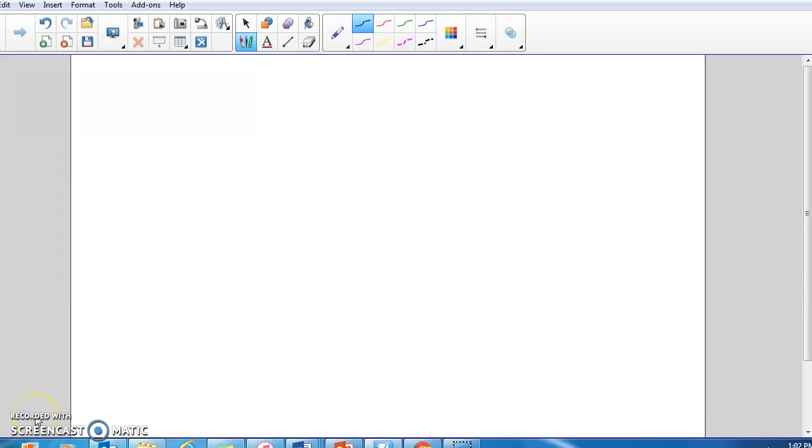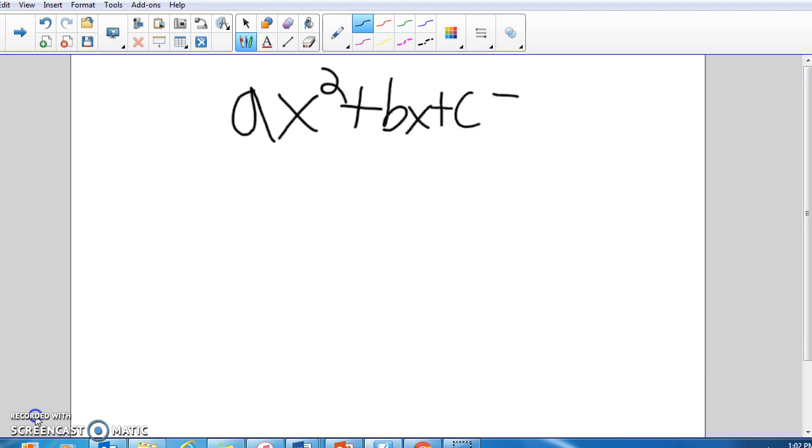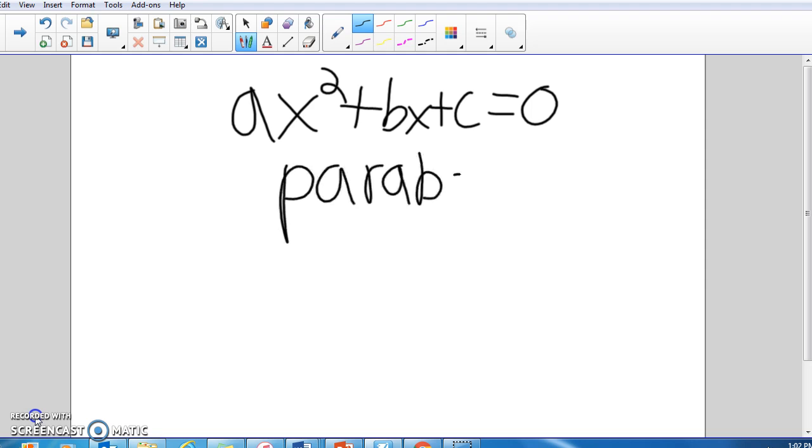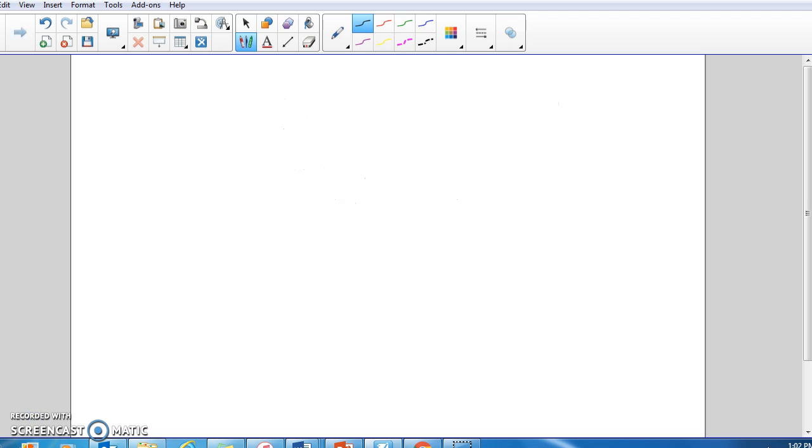Today we're going to look at graphing parabolas. The standard form of the parabola that we're going to use is ax squared plus bx plus c equals 0. And when we graph it, we're going to call it a parabola. And a little trick we can learn, skipping down to number 3, is that when we have that form of